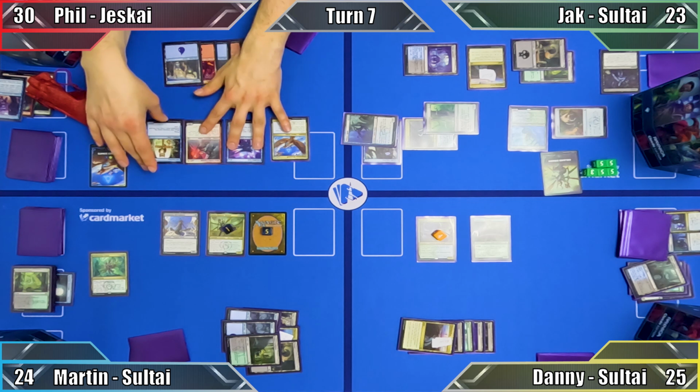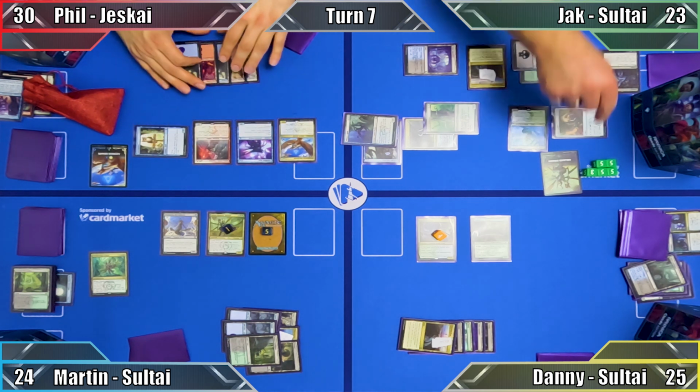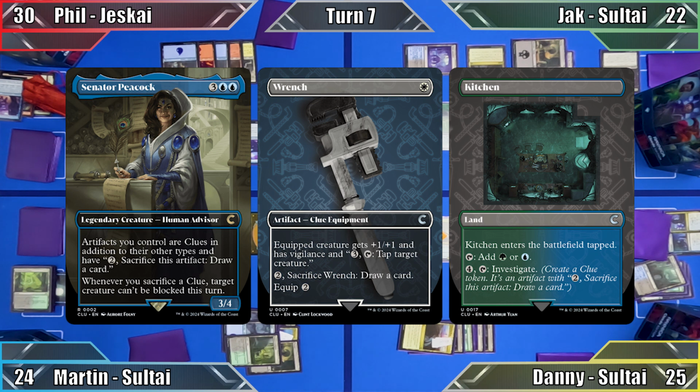Phil begins his turn by moving to combat, when he attacks Jack with his owl. Hoot hoot. Right, need to stop that. Jack takes 1 damage, and Phil asks him for information regarding Senator Peacock, the Wrench, and the Kitchen. Jack reveals a piece of information to Phil, making himself a treasure as he does so, and Phil moves to